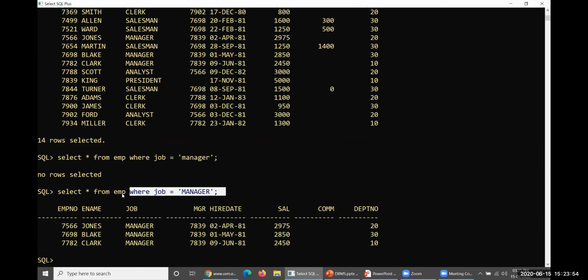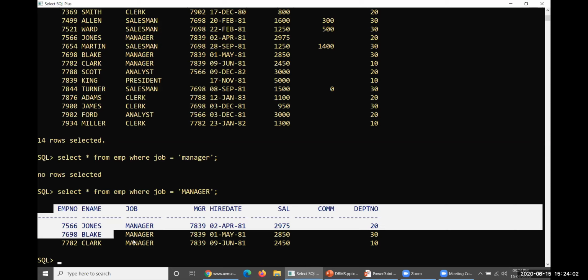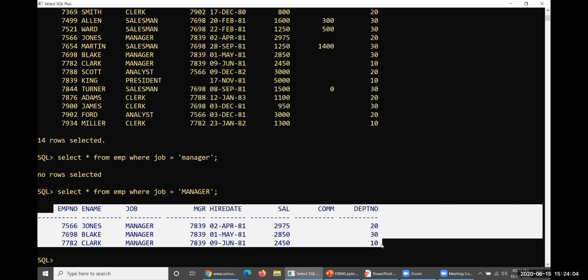Previously the actual data within the table was 14 rows, but now only some amount of data is displayed based on the filter we operated. So the WHERE clause always operates filters on the data available within the specific table or view. Likewise, you could operate any number of filters here.